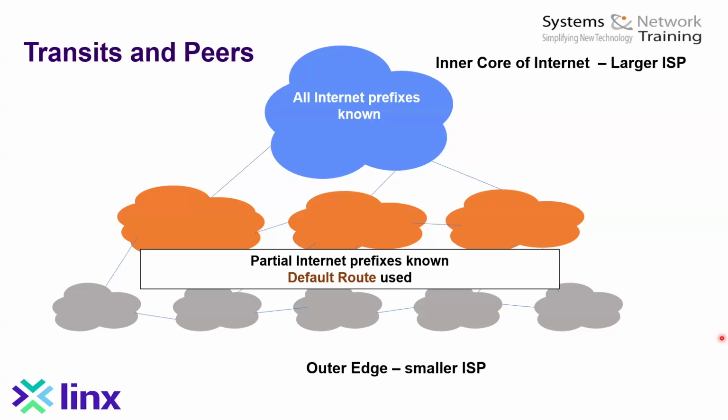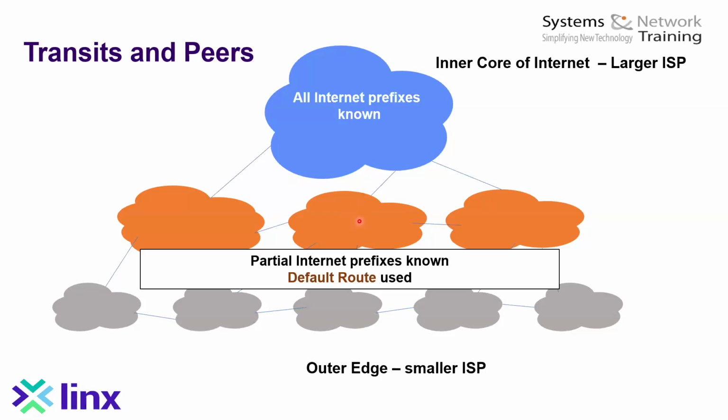And so effectively, if this orange service provider has a transit relationship with this bigger blue provider, and the orange provider doesn't have a given prefix in its routers and receives a packet for a network that its routers don't specifically know about, because it hasn't received or doesn't know about a given route, then what the routers in this smaller service provider are going to do is revert to a default behavior and say, well, I don't know what to do with this packet.